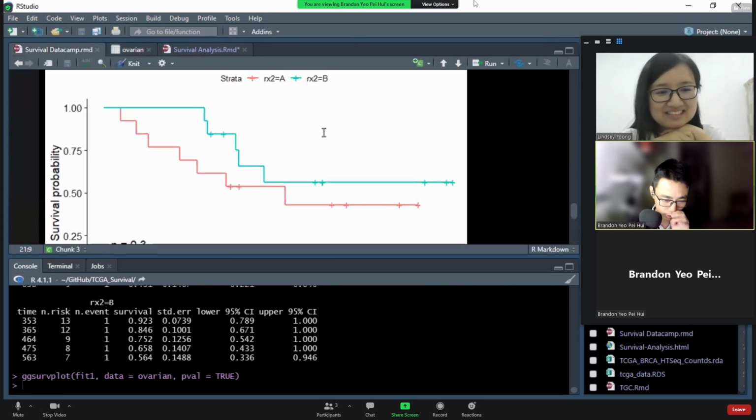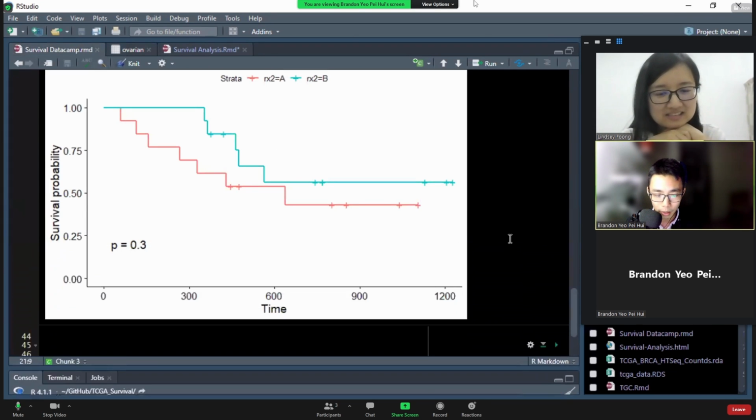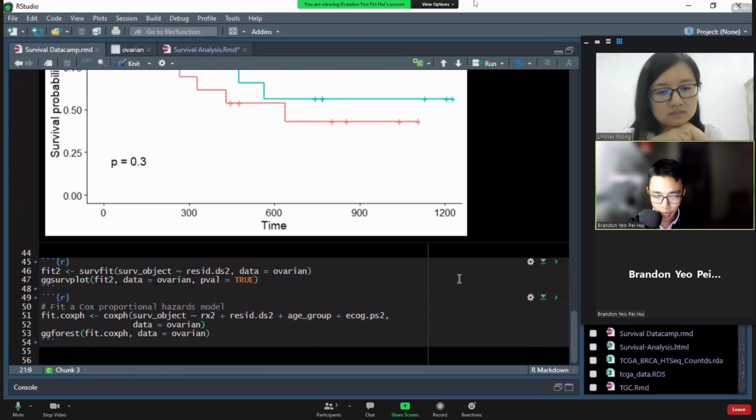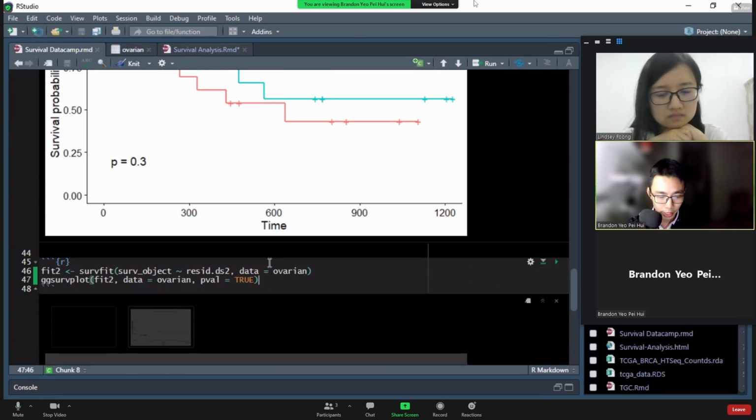Yeah, survival time or something like that. So that's their survival probability with a p-value of 0.3. So obviously not very significant, but the concept is that. Okay, so if you want to do some other thing, of course, you can just do